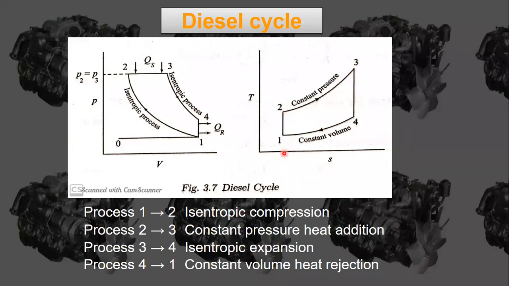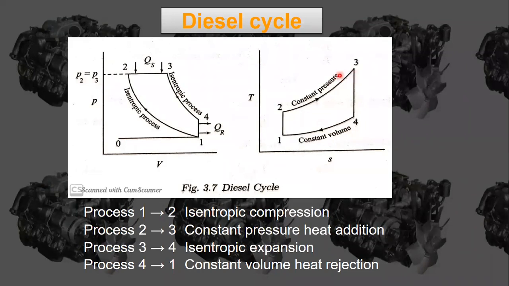Okay, it is shown clearly here. See how the entropy is going to increase. Here the entropy is increased from S2 to S3, and temperature increased from T2 to T3. Okay, this is where we are going to develop the power. And because of this there will be expansion of gases because of the power developed, and these expanded gases, what will they do? They will push the piston downwards.